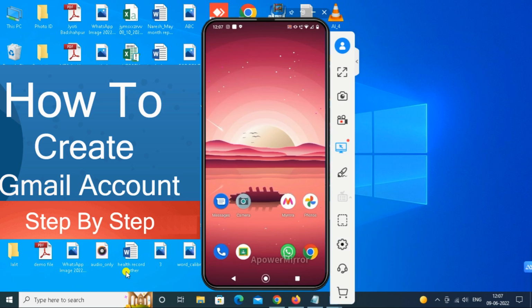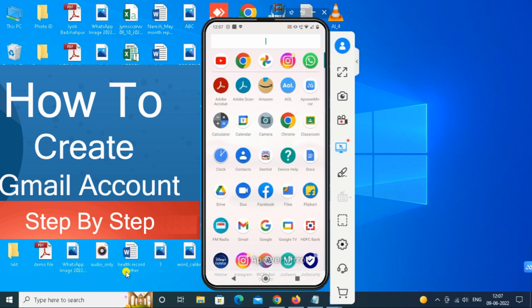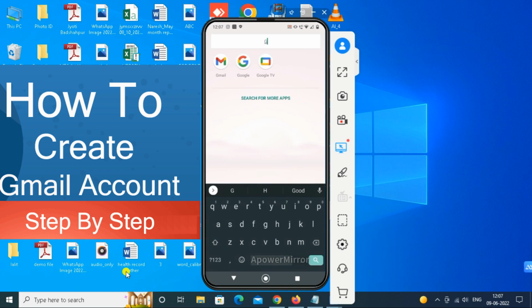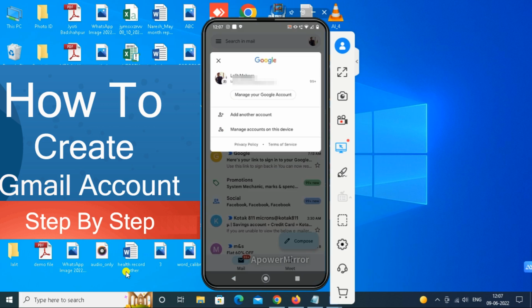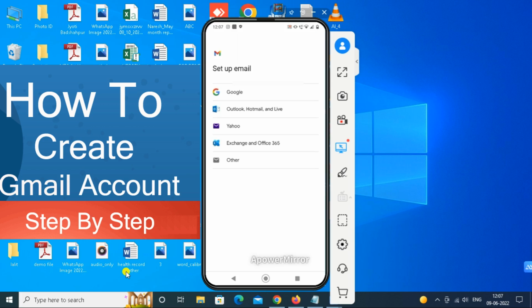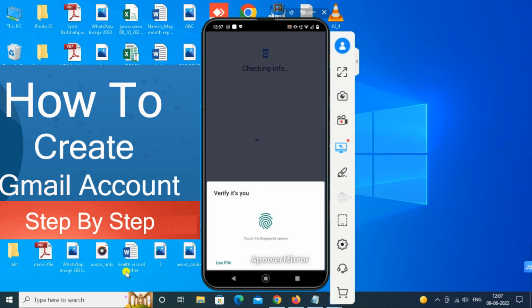So let's start. I will take you to my mobile screen and here we need to open the Gmail app, and then we need to click on our picture on the right top corner, and here it will give us the option that says add another account, and then we need to click here on Google, and then it will ask for our phone PIN or fingerprint,